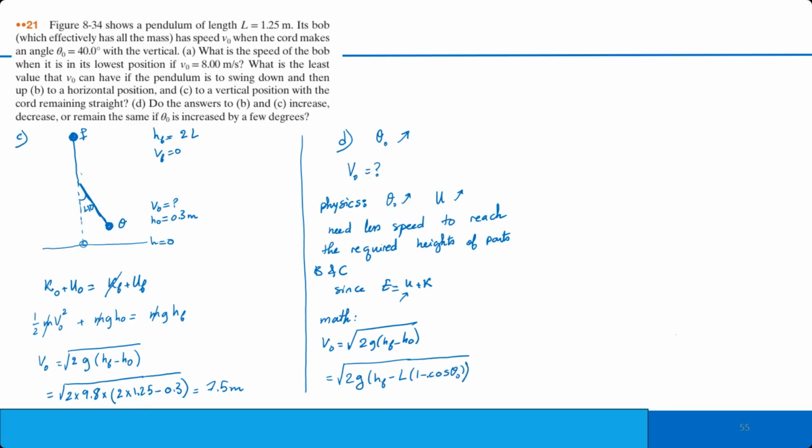If you expand, there will be a plus sign. You decrease theta 0, then V0 decreases. Let me show you again the expanded form. This is 2g times (HF minus L plus L cosine theta 0). So if theta 0